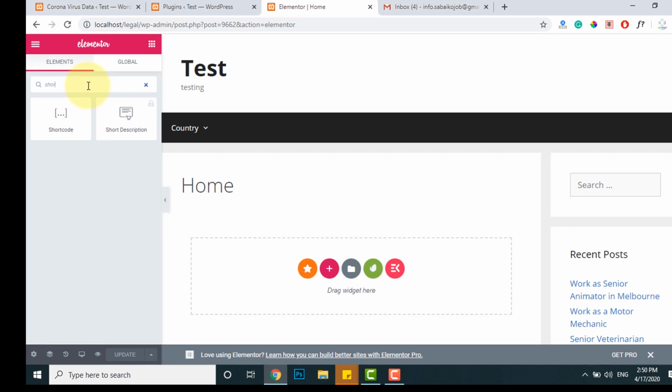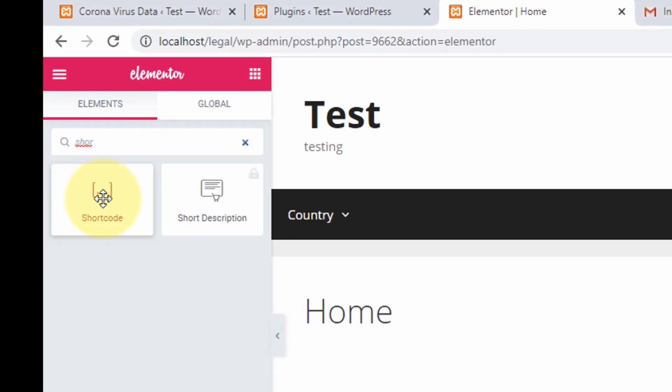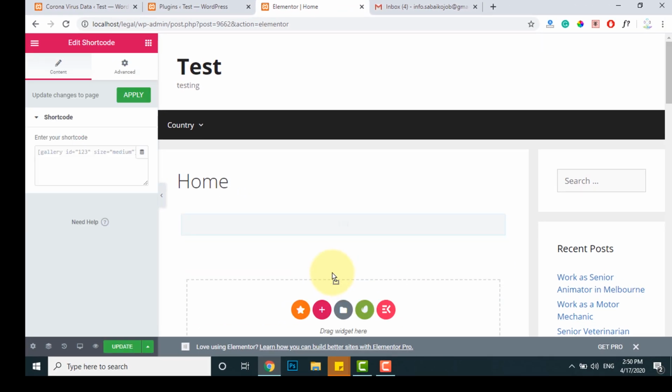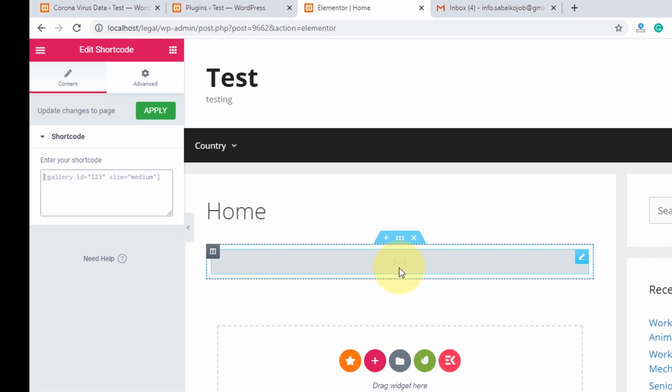Either you can put it by short code, just by placing the short code, or else you can go through the other way. There are two ways.